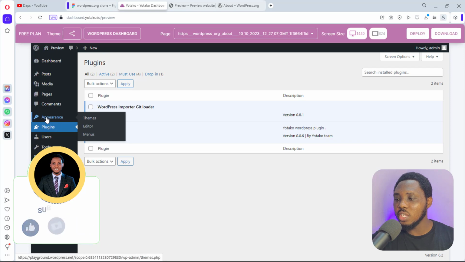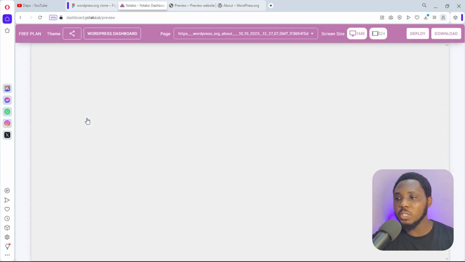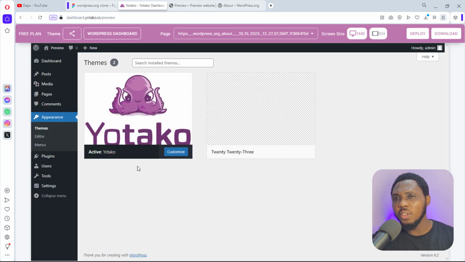So if you also go to theme, you see that this theme also is powered by Utaku, and all of these things you can customize if you want to buy the theme. So that's really fantastic. I need to let you know that you need to pay a certain amount to download the theme, in case you want to download it away from here and use it by yourself. So for example, if we click the download button now,